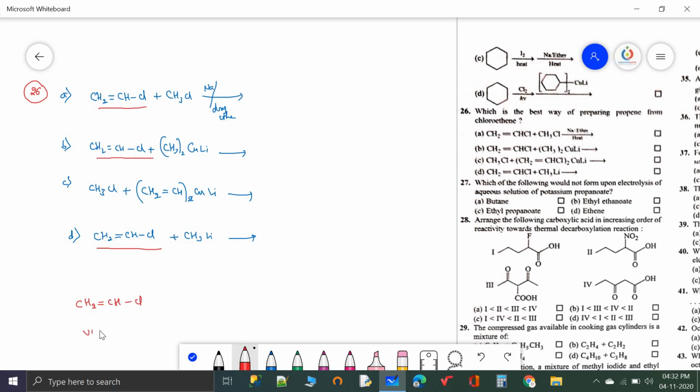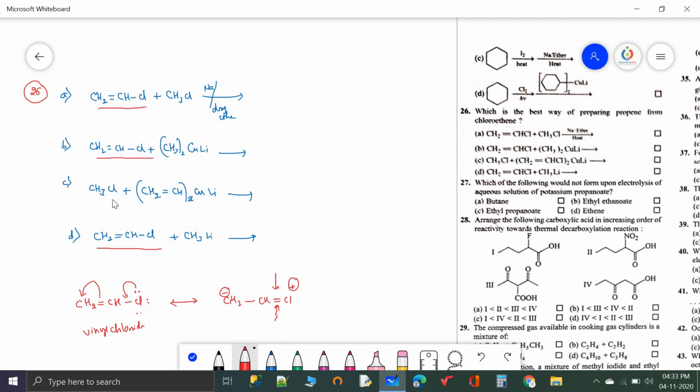This is called vinyl chloride, in which there is a lone pair of electrons on the chlorine atom. So this chlorine lone pair of electrons undergoes resonance with the double bonded pi bond electrons, so that they produce this type of resonance structure, in which chlorine is getting the double bond character. So it becomes very difficult to break this particular chlorine atom. Hence these 3 molecules do not participate in the reaction.